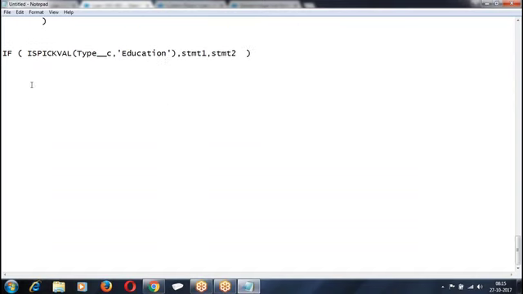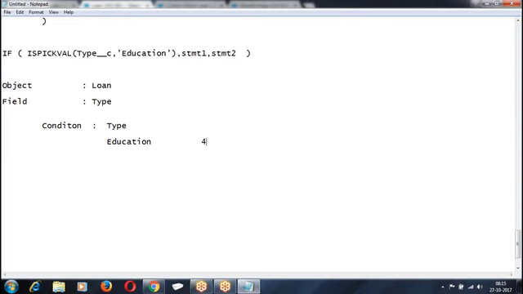Let us do one example. Now we can try out this example. Object, loan, field you are using is the type field, condition, type is education.